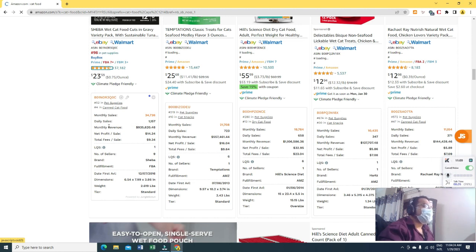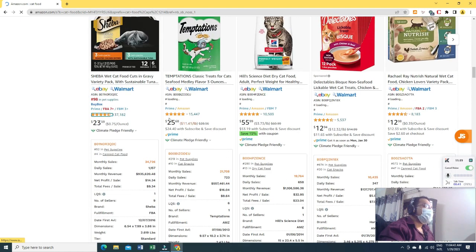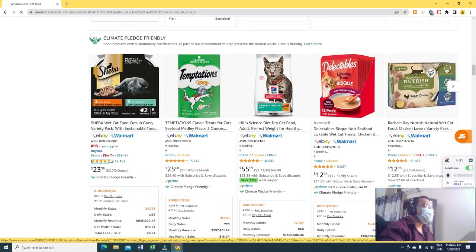Okay. So over here, net profit, total fee, sale, 9. As we can see, it should be a standard product, the weight should be less than 5 lbs, and the dimensions should be right. So everything checks out, and this is your winning product. I'm giving it to you: you can buy 3 units of this product and start your arbitrage journey today.